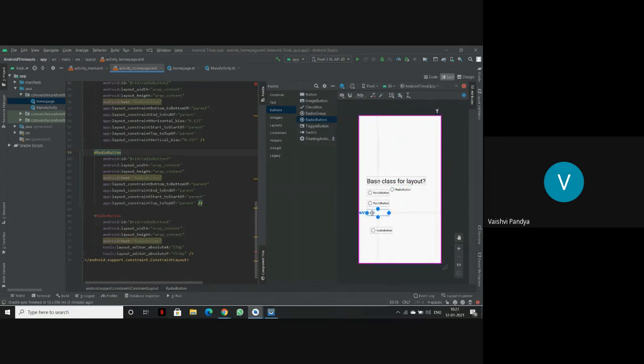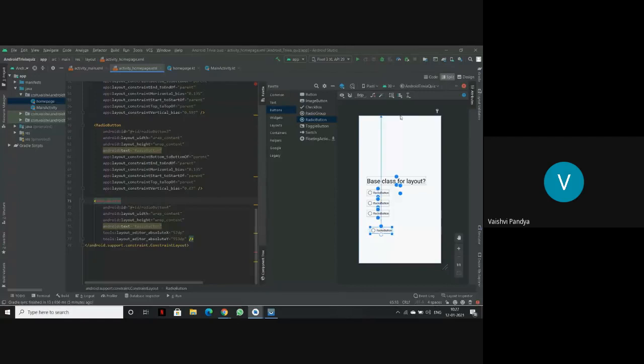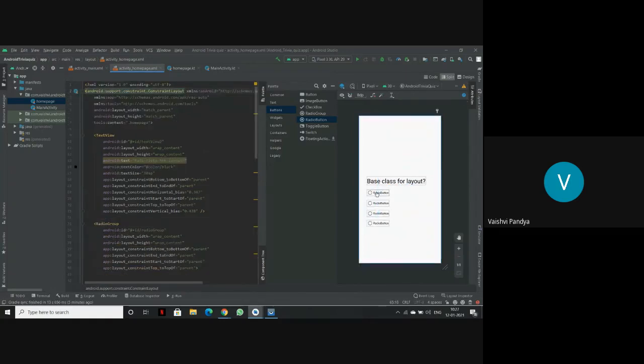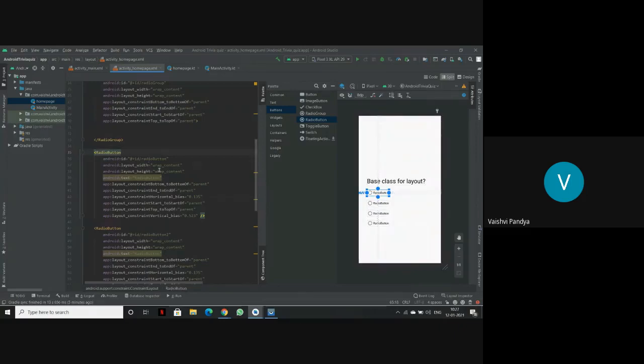You will know your text is constrained when all the four blue cricket lines appear. Okay, so now everything is constrained. Now we'll just change the text. So first radio group, we'll give the base class for layout, we'll give options like, first we'll write view collection.